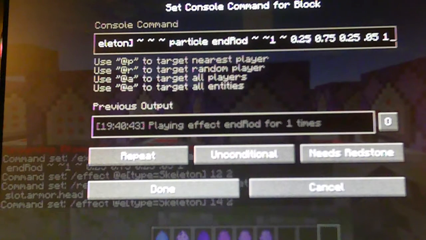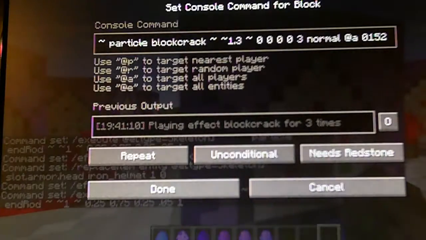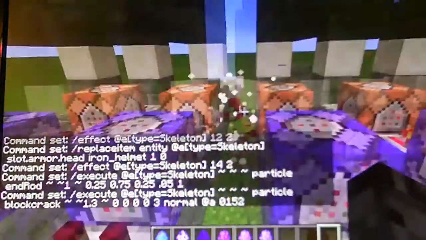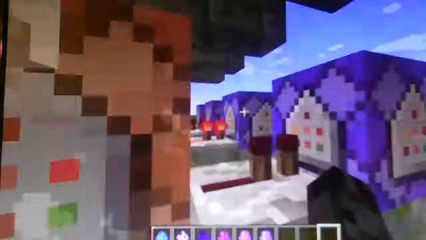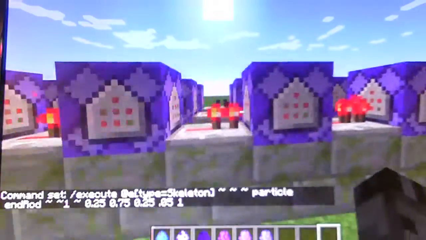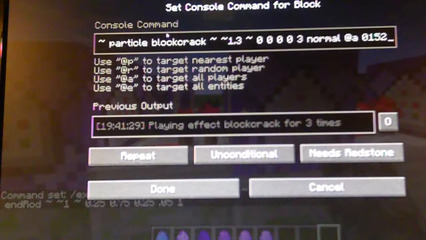I don't really know what all this stuff is, but yeah, I'm not that good with commands, as you can tell. So the next one is, wait, where's my guy? There we go. It's the red block crack, redstone block particles. Those were a little bit harder to come by because there's no particle of a redstone block breaking. So what you had to do was use the block crack particle, which is pretty much testing for any entity with the name of skeleton, particle block crack, 1.3 blocks above it,